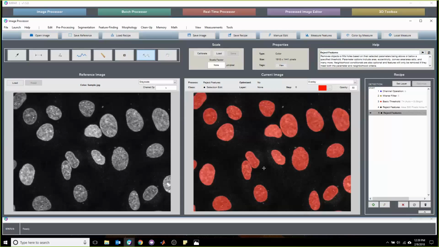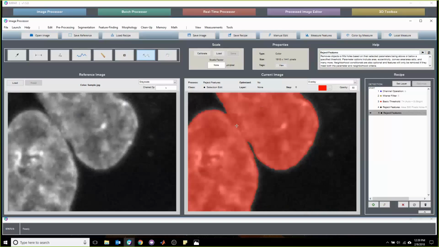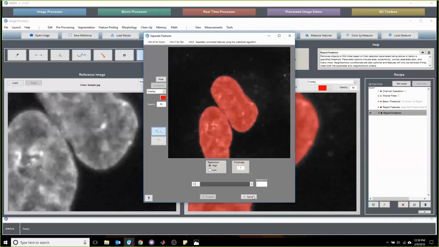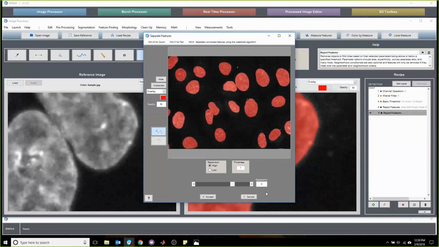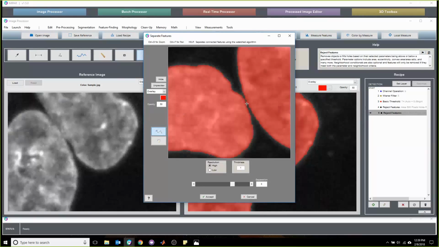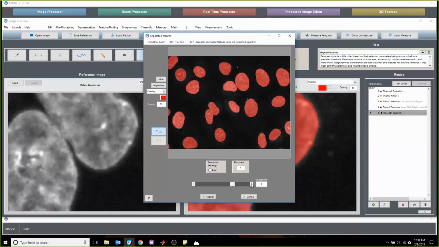Oh, actually, another thing I want to do is actually separate these two. This is the one thing I'm forgetting. We know that these two nuclei need to be separated. We could just do a separate feature steps here with a separation of 3. It's usually a good guess to get started with to make sure. And then if you see something not being separated, you can increase this. There's also other techniques that we use for approaching separate feature steps, but I'll show that later on in the